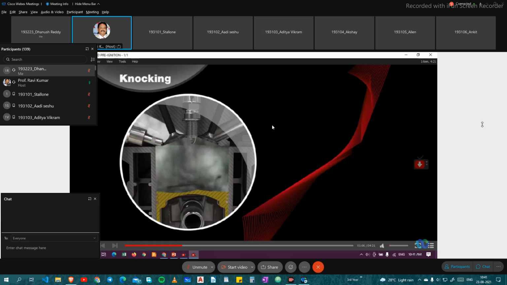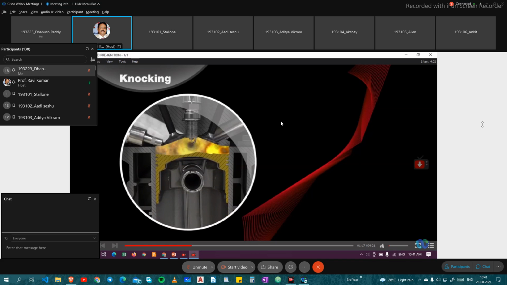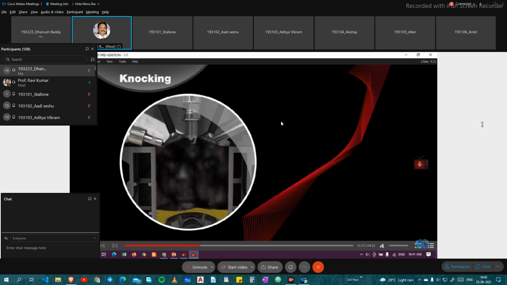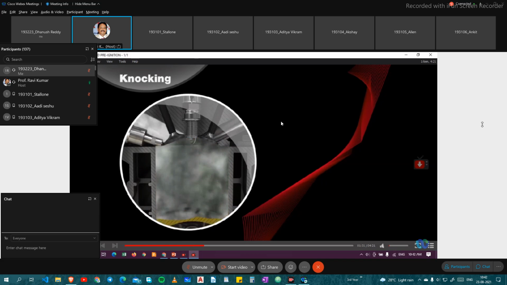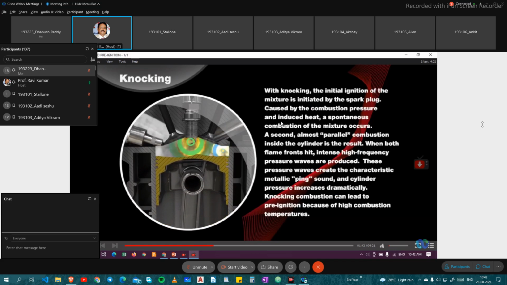And this is about knocking, how the knocking will occur. Now you can see small changes in the combustion. The process is the same, but because of small problems, unburnt hydrocarbons and carbon formations, there is a pressure rise and temperature rise. So you can see this with knocking, the initial.